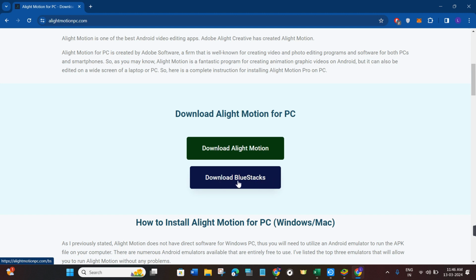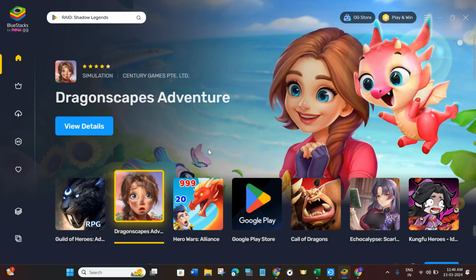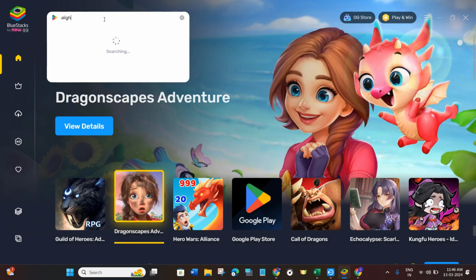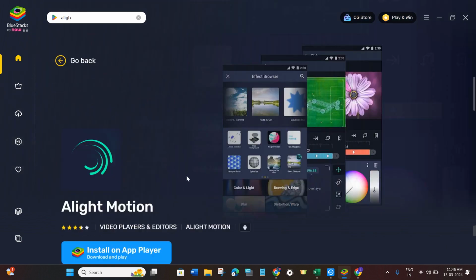So you will have to click on download with BlueStacks and then you just have to download and install BlueStacks on your device. Now once you have installed it successfully, you just have to launch your BlueStacks app and there in the search bar you will have to type Alight Motion. Once you've done that, you are going to see the Alight Motion app, so you simply need to tap on it